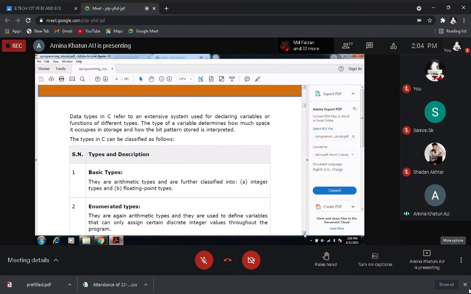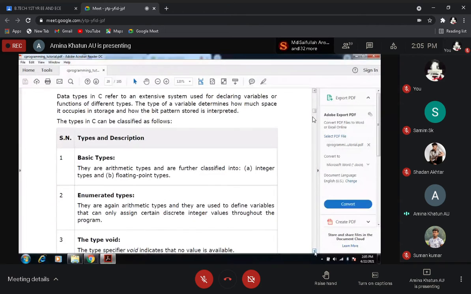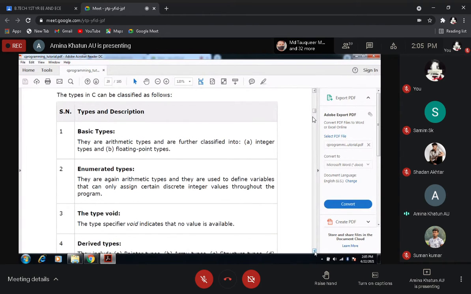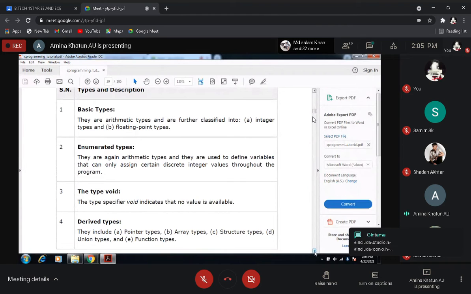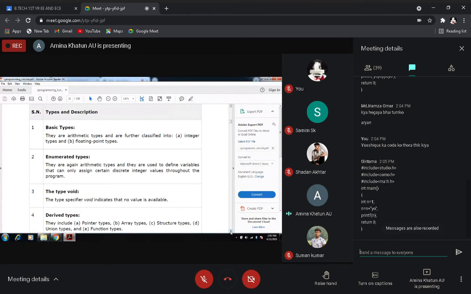So in C language, you can see that there are lots of data types. Okay. So let's discuss those basic data types. The primary data types are integer data types and floating data types, and generally you can categorize the data types in C into primary data types and derived data types.